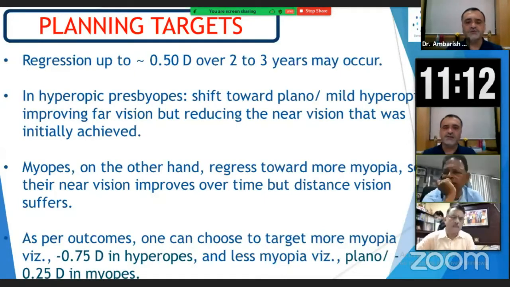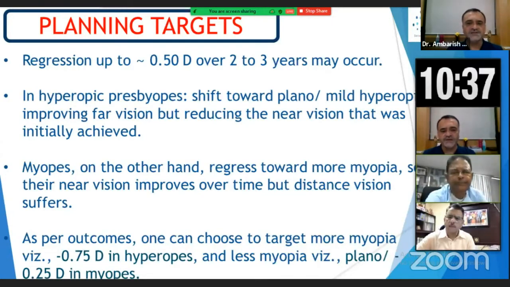Certain amount of flattening usually occurs in 2-3 years. So whenever you are planning a hyperopia and presbyopia treatment, always my plan of treatment is, if the patient is having say +2 diopter, the best corrected, normally I tend to correct the hyperopia around 2.5 diopter and then add SupraCore to it. So considering the flattening occurring in the next 2-3 years, you can give a rewarding result to the patient post-operatively in those patients. And then the SupraCore, the actual effect is lasting for more than 5 years for those patients.